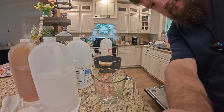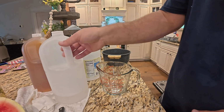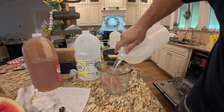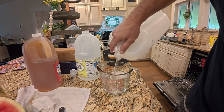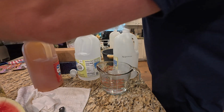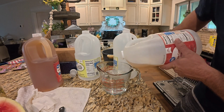Alright, we are going to make our brine. I'm going to lower it down to where it's leveled so you can see how I'm pouring it. So this is a 4-cup measuring cup. I'm going to do 3 cups white vinegar, 1 cup, oh no, I spilled a little bit of it, but it's okay. 1 cup apple cider,